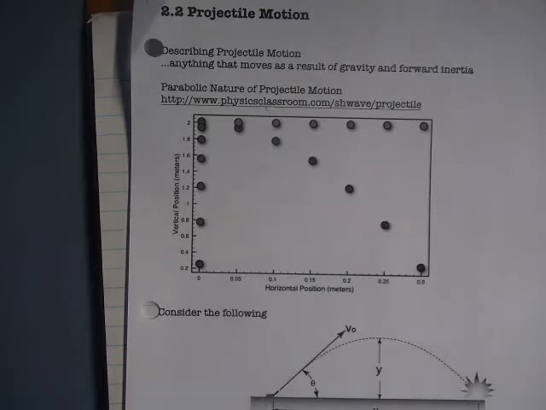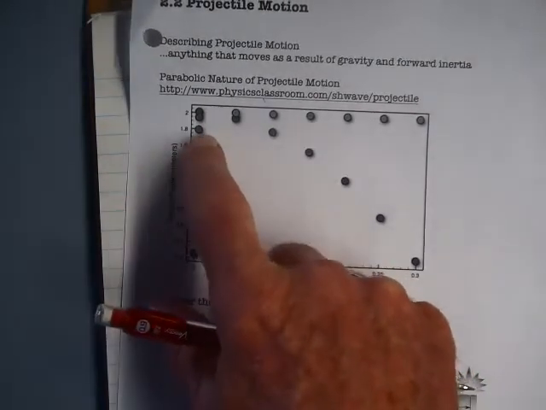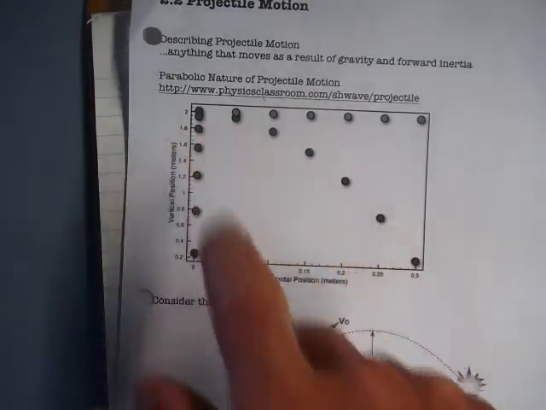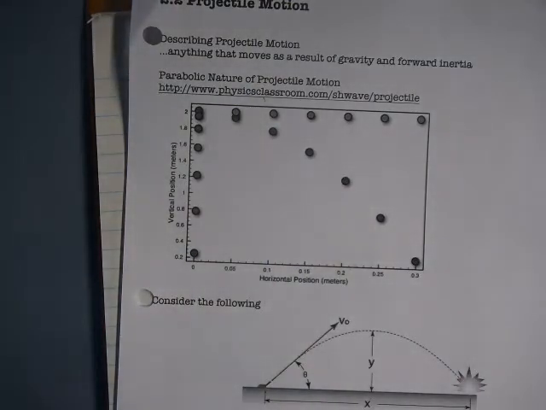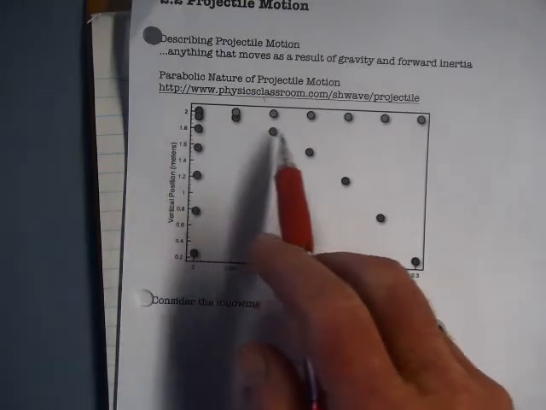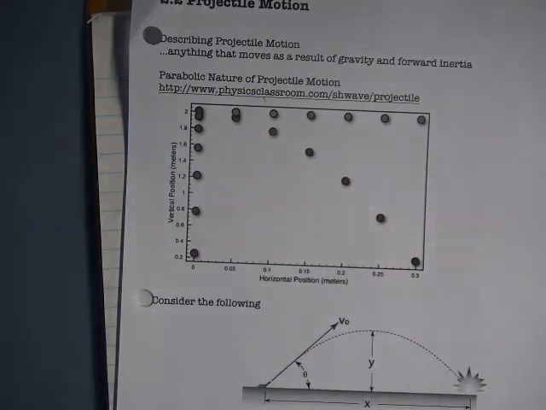Okay? But the one that's shot also has a horizontal component, and that's what this is trying to show you. There's a whole ton of YouTube videos that show slow motion photography of this exact thing. And what you'll see is the ball that's shot travels like this. It arcs and hits the ground at the same time the ball that drops hits the ground. Okay? So when you're talking about projectile motion, the moral of the story is this: